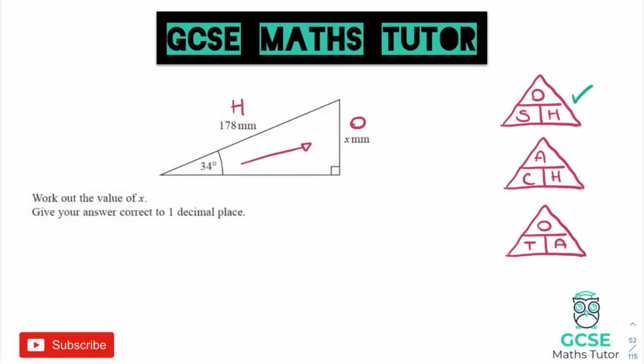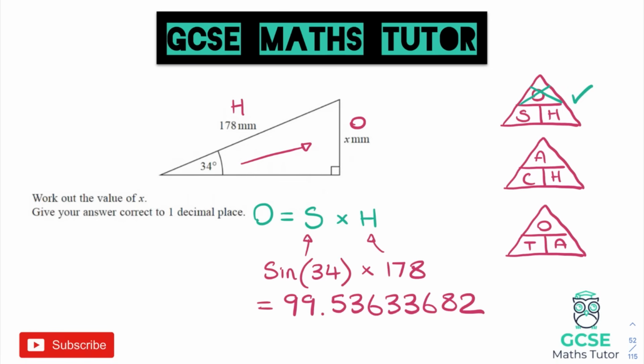So this would be sine. To find the opposite, we would cover up the O and do S times H, and when you type that into your calculator and you type sine, don't forget it will open up the bracket to remind you where to put the angle. You can then multiply it by whatever the hypotenuse is or whichever piece we are using in